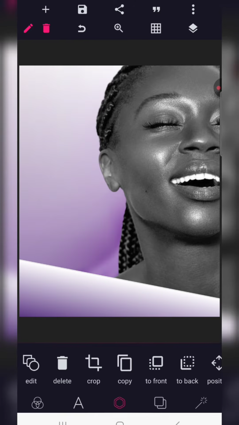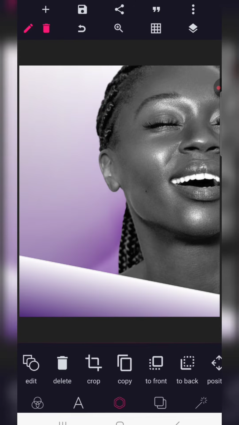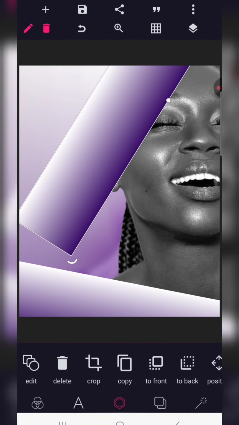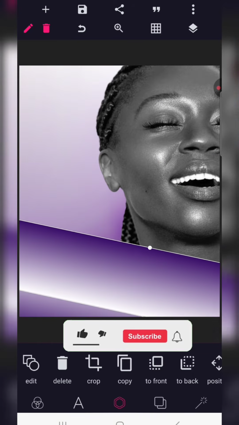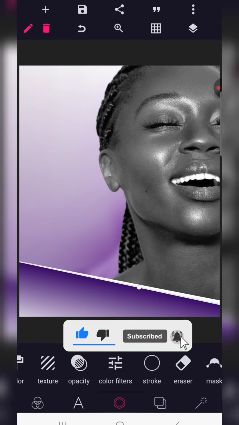Okay, rotate this neatly, place it here. After doing that, make a copy of it, then rotate it. Rotate it so much so that the purple side comes upward. So we'll have this. Now we're going to go to our rotation bar